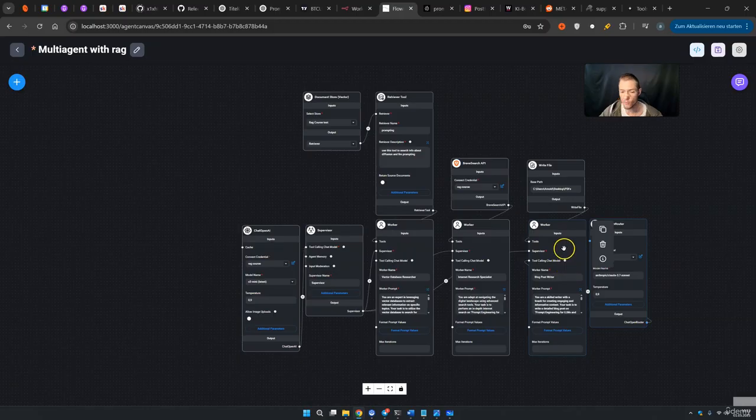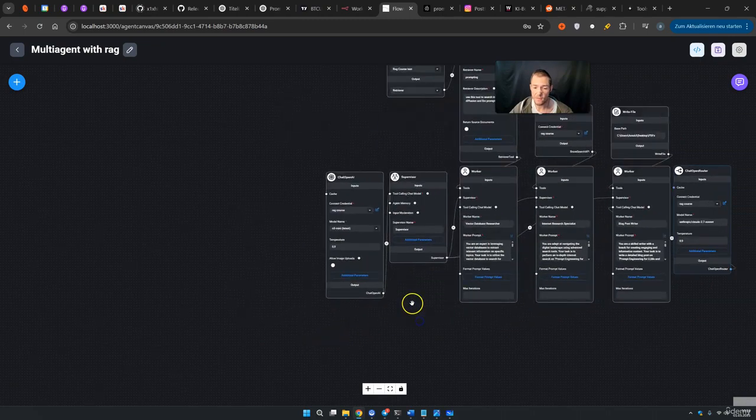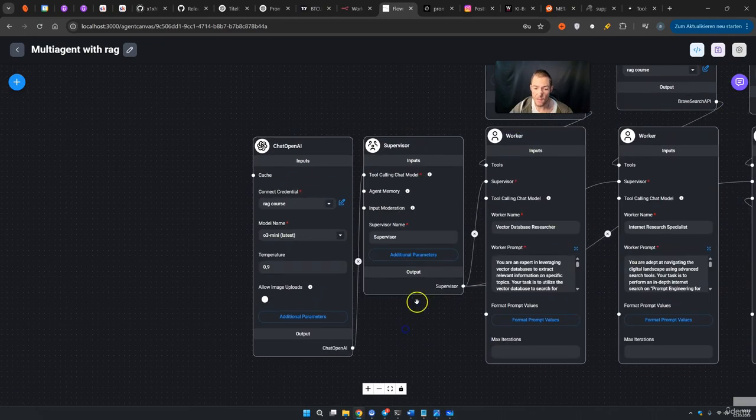If you want to work with cheaper models, of course, you can simply throw a free model from OpenRouter on one of these workers or on all of these workers. You can play around with this until you find the right model for your right worker in order to make this perfect. The last thing that we need to do is to come to the supervisor and here press on